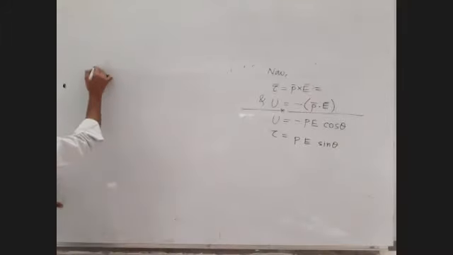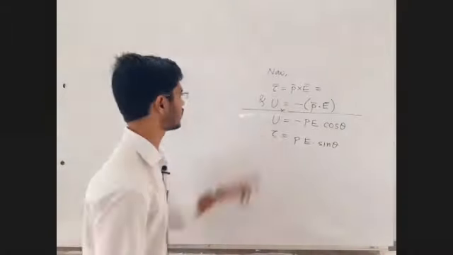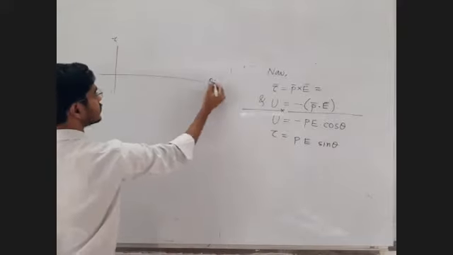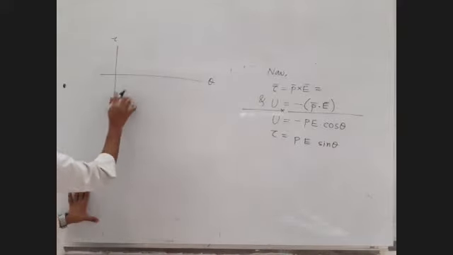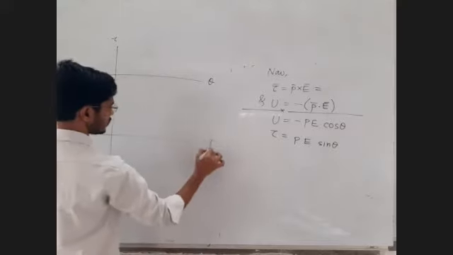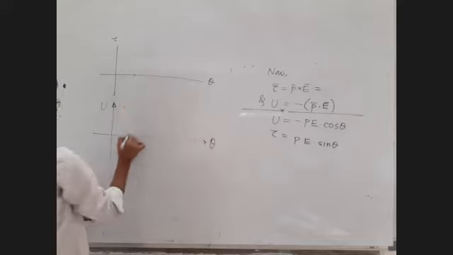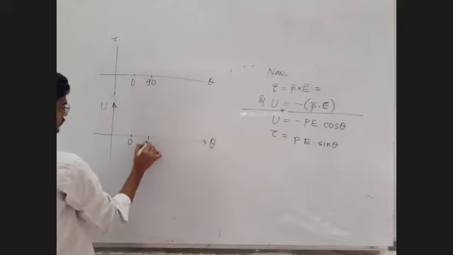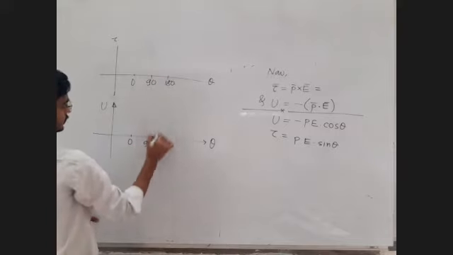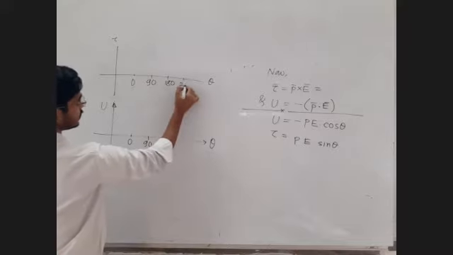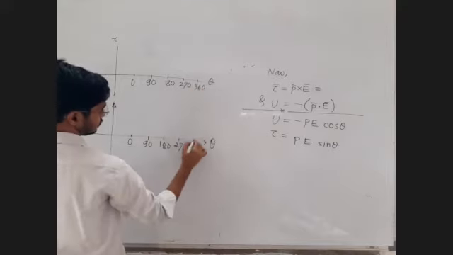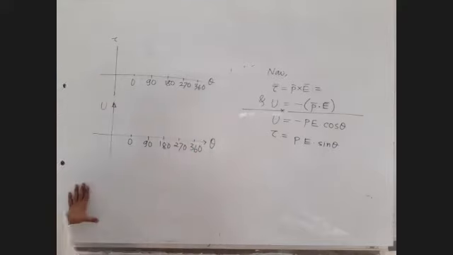Once again, the value of theta, or let's draw the graphs, torque and U. Let's draw the graph of torque once again, theta once again. Let's draw the graph of U once again. No, the first time we are drawing for U. Right here theta equals 0. Right here theta equals 90. Right here theta equals 180 or pi. Right here theta equals 270. Right here theta equals 360. Fine. Now